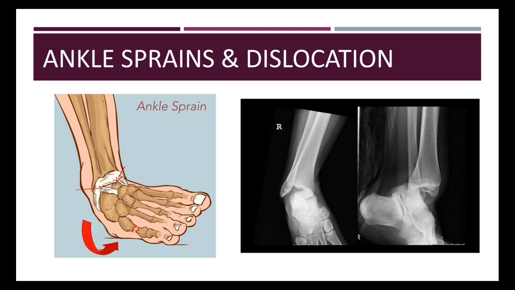Next is the dislocation of the ankle. The dislocations of ankle joint are rare because it is very stable joint due to tibiofibular mortise. However, whenever dislocation occurs, it is always accompanied by the fracture of one of the malleoli. So here is this X-ray. You can see a normal one and a fracture. You think that there is dislocation of the ankle joint when there is the fracture of the fibula or tibia.